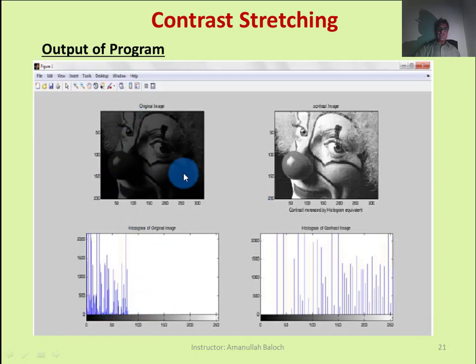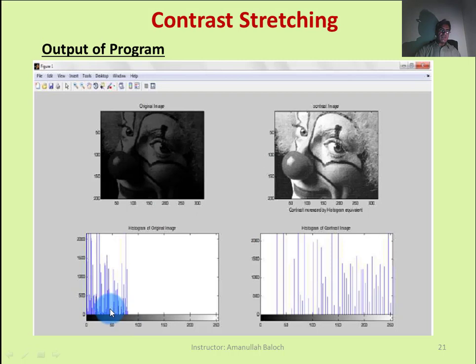You may see it here. This is the 2 rows and 2 columns grid, and this is the original image at the first location of the 2 cross 2 grid. This is the enhanced image, and this is actually the histogram of the original image. You may see that from 0 to 255, the pixel values of the original image are only from 0 to I think 80 or so.